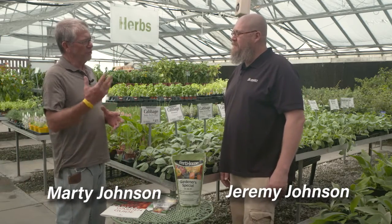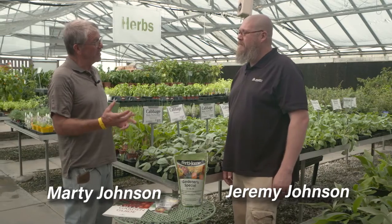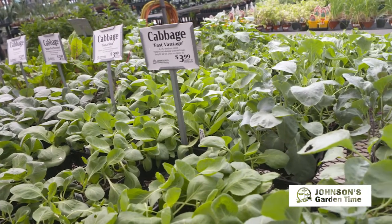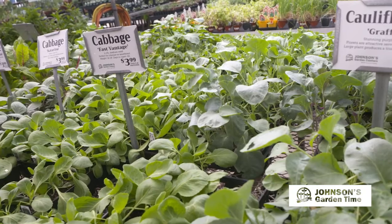Jeremy, when we get into August, we can do some things in our vegetable garden to increase our yields and some new things this fall. Of course, over the past couple of years, we've seen a lot of new gardeners in the stores who maybe planted those spring vegetable gardens, but fall is actually a great time to do some vegetable gardening with the right type of crops. We're probably late for tomatoes, peppers, squash, those kinds of things, but we can go back to planting our cole crops, which are brassicas or broccoli family plants, and they do great as a fall planted